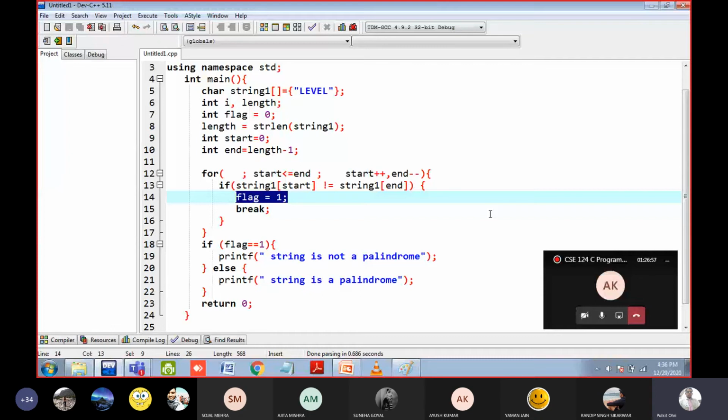So you will go to line number 18. Flag value is set to 1. 1 means it is not a palindrome, means somewhere the characters are not matched, the left and right side characters. So here you will print the string is not a palindrome. So if someone has doubt, then you can ask, else open the compiler and type the code.